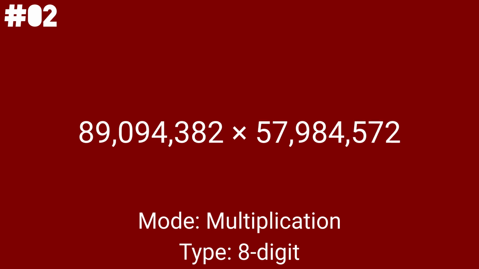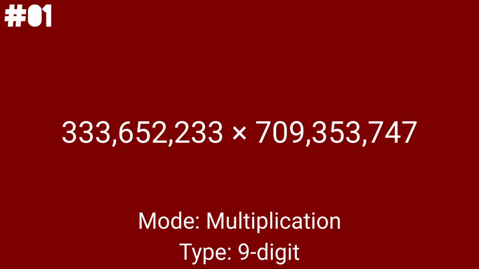The second to last multiplication problem is 89,094,382 times 57,984,572, and this is the last 8-digit multiplication problem. Now the results of these problems are approaching the maximum, so with that, we are moving into the final multiplication problem. And this is it,